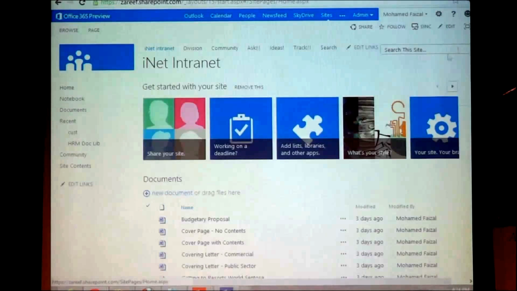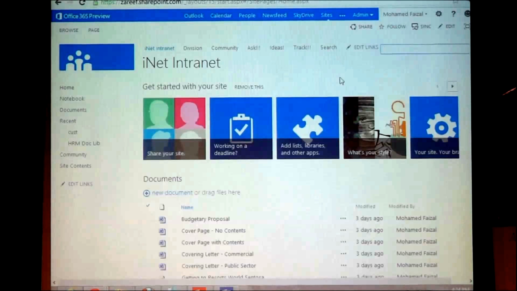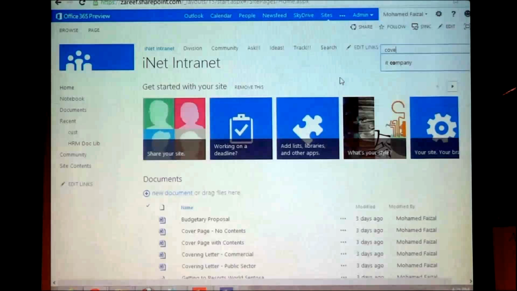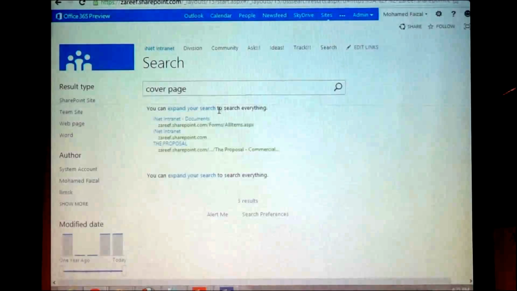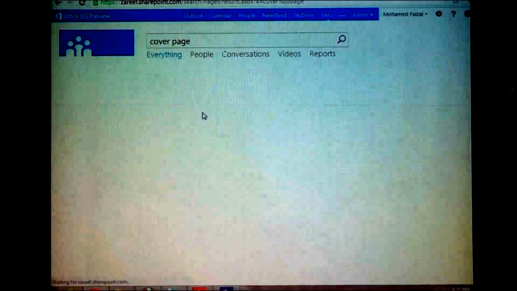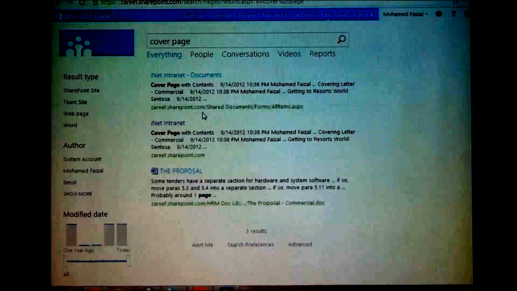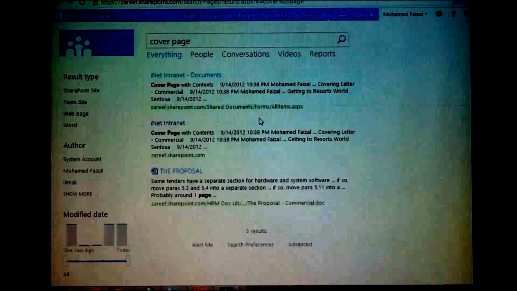Okay, so a few more things. Let's say, for example, the interesting part is search. If you go to search, it's supposed to expand all this. I don't know, I did some configuration changes. It went to this level.